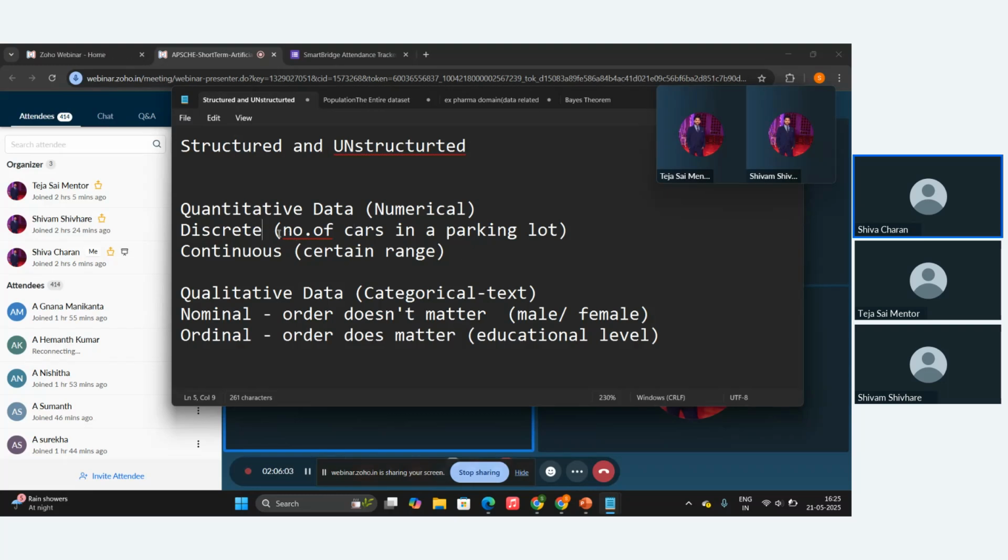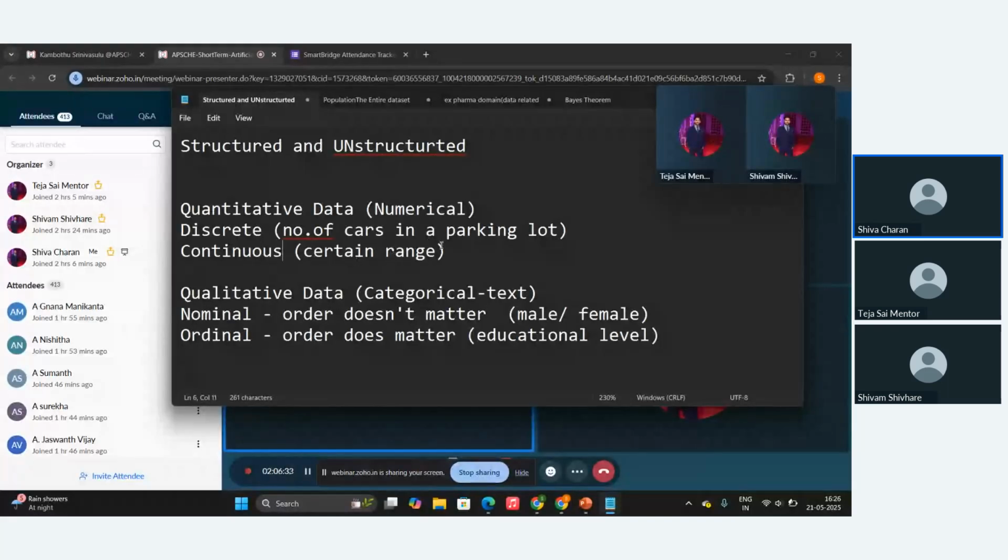So let's say I'm having a data set related to a car parking lot, or the city center, the shopping malls I'm having, and I am calculating their revenue. In that, one of the columns is the parking lot. So that column will be discrete in that case. What kind of data it is? I can say it is quantitative data and it belongs to the discrete group. Similarly, we will be having continuous type of data.